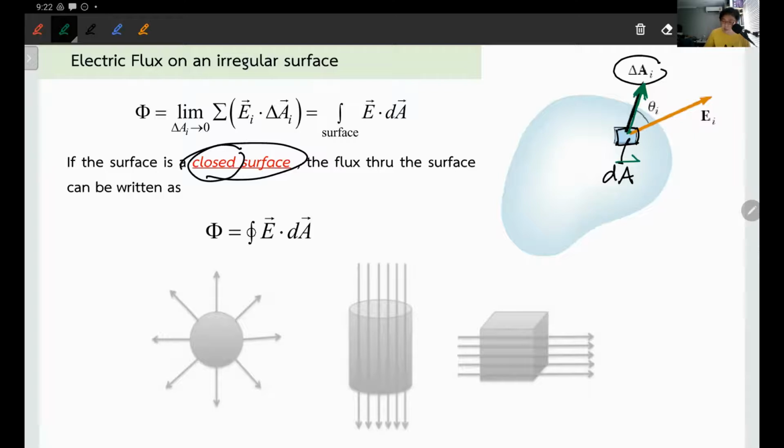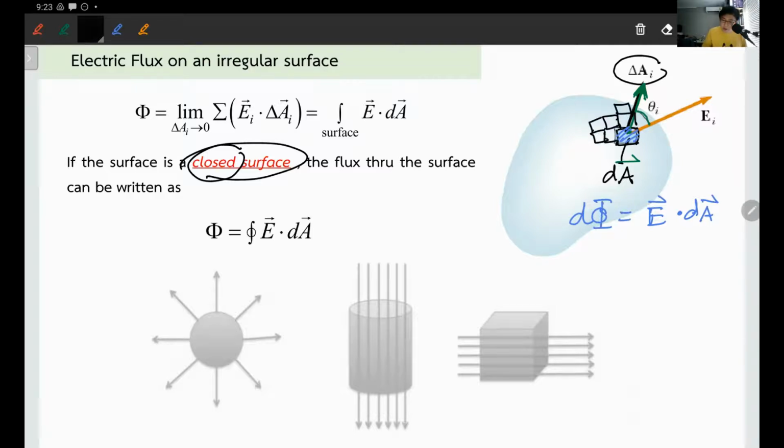Now if you know the angle that the dA vector makes with the electric field vector, the flux through just this piece of surface will be E dot dA. You guys with me? Simple. However, because this flux is going to be pretty small as well, because the area is super small, let me call this the differential of flux, a tiny flux. And if you want to know the net flux, what do you do? You do this